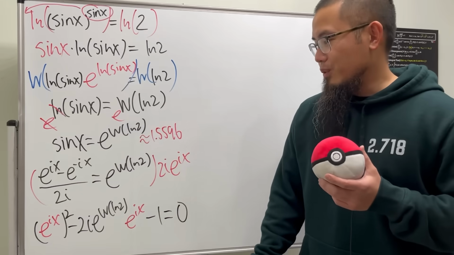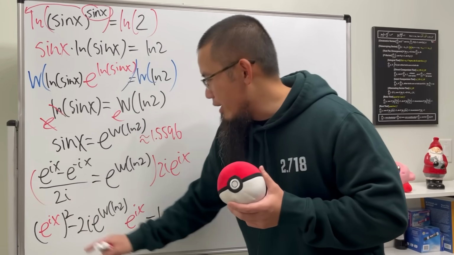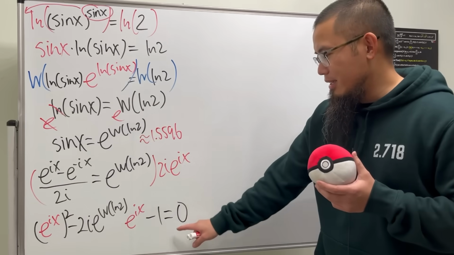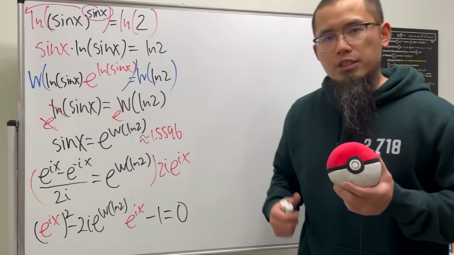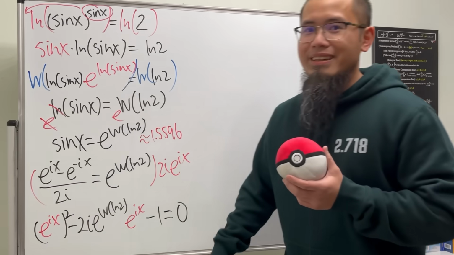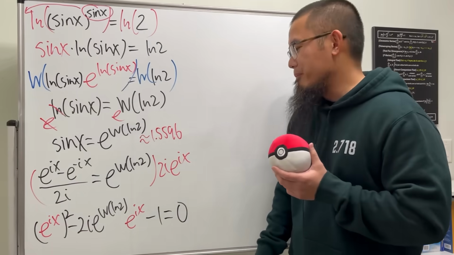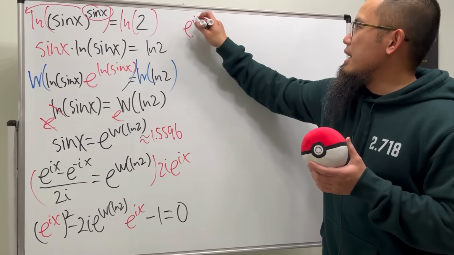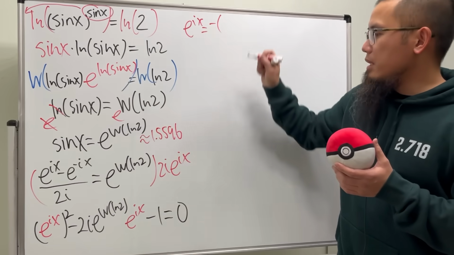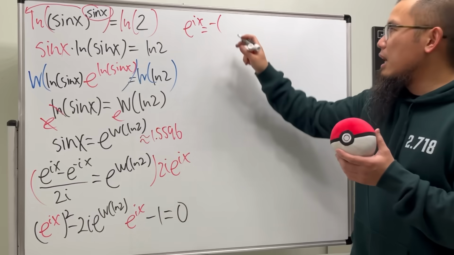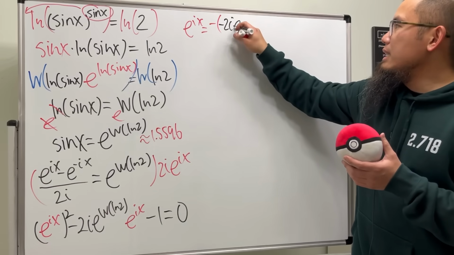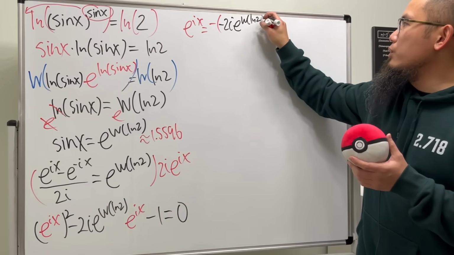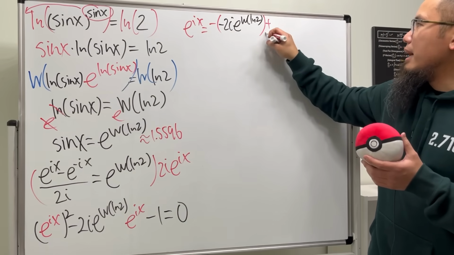Have a look. What's this? This square, and then we have this, and then this no this. So it's a quadratic equation in this. So we can use the quadratic formula. So we are going to have e to the ix being equal to negative b, which is this. So let's put down negative 2i e to the W of ln2, and then plus or minus